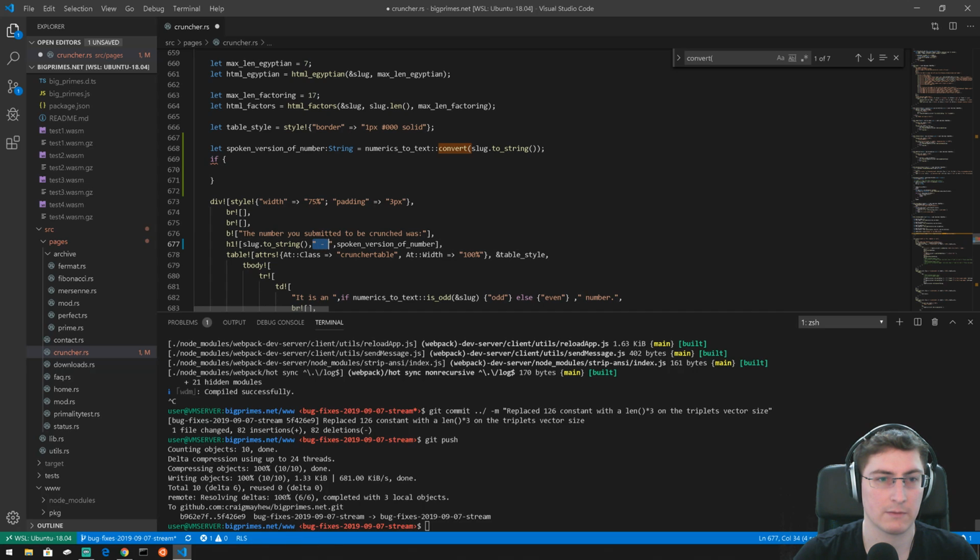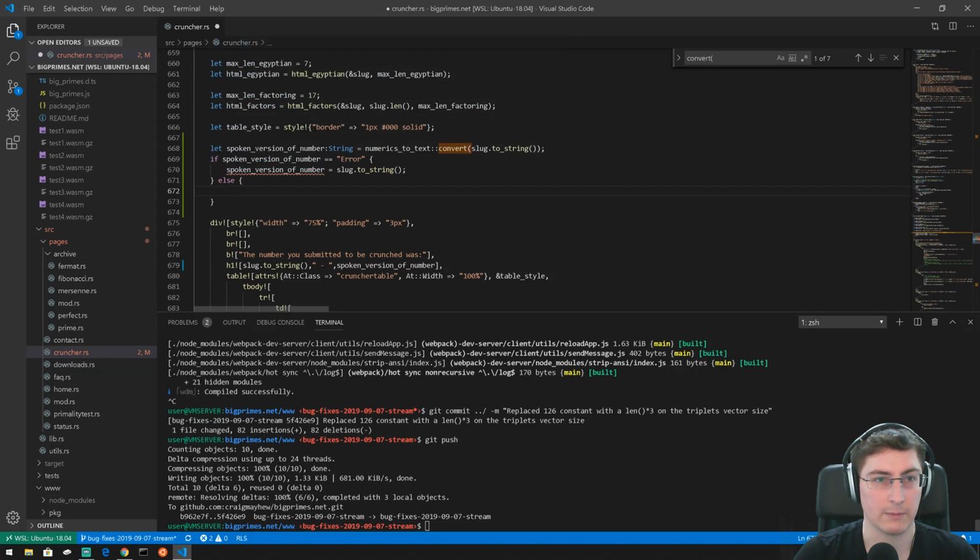Although I feel like, yeah, we can check if it's error, and then I think it's slightly more intuitive coding is needed here. So if spoken version equals error, then we just want to say that spoken version actually now equals lug to string. Otherwise, that's going to error because this is not a mod. So